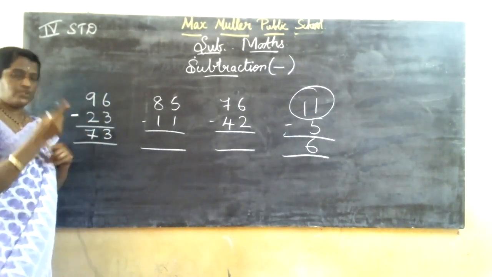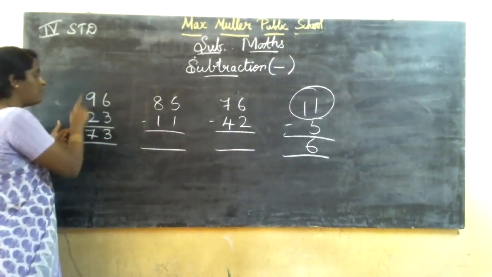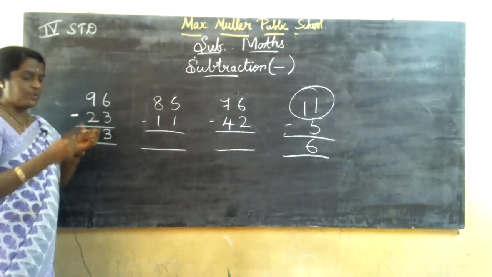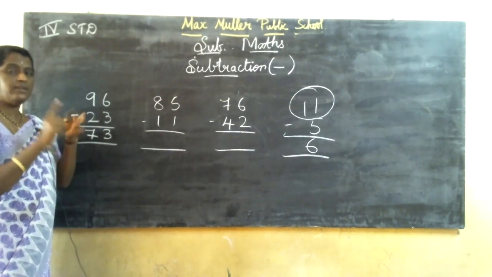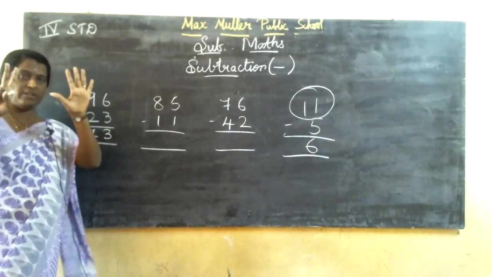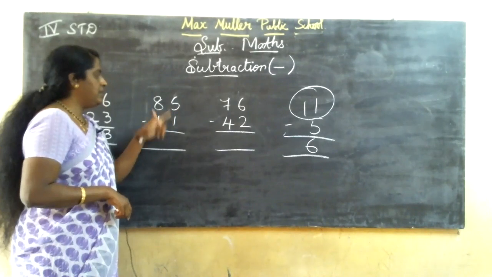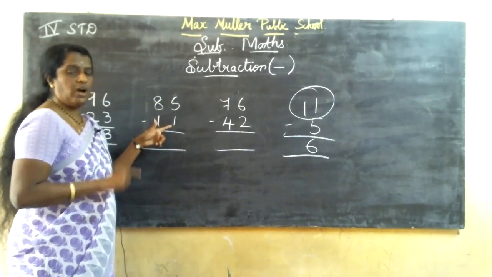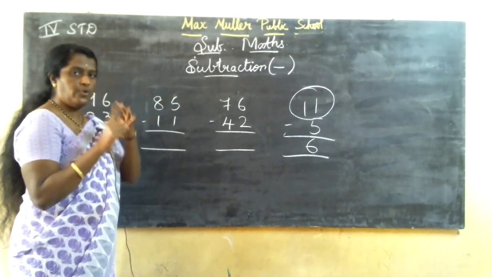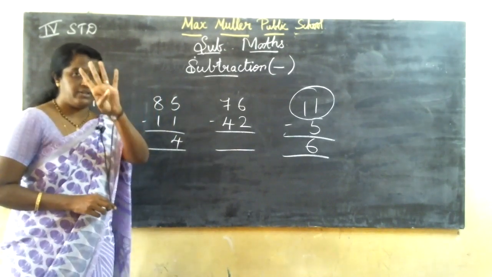What I'll teach you: after 2 up to 9, you have to stop there. See here 2. After 2: 3, 4, 5, 6, 7, 8, 9. Up to 9. So how many fingers are there? 7. Like that only. Now you do 5 minus 1. After 1, up to 5 only you should count: 2, 3, 4, 5. Answer is 4. Now you check: 5 fingers, cut 1 finger, 4.